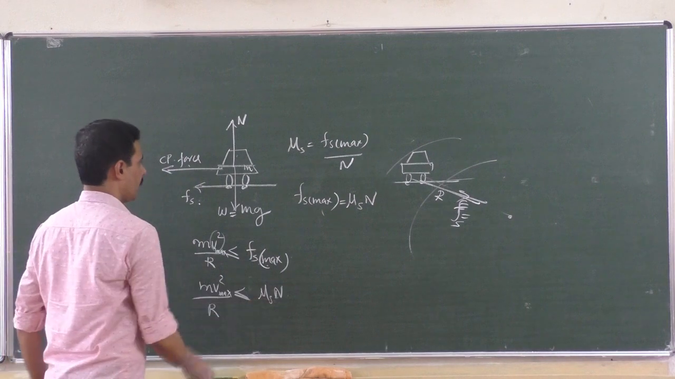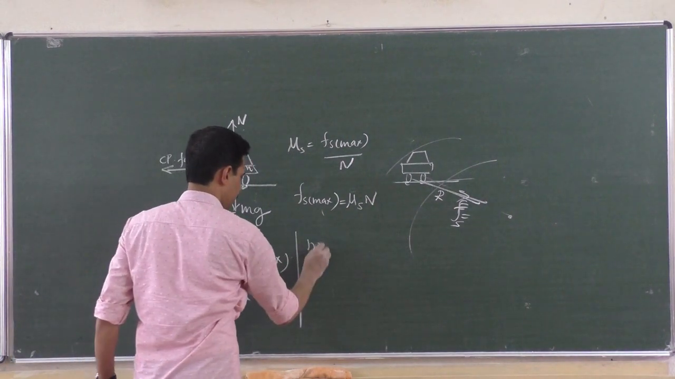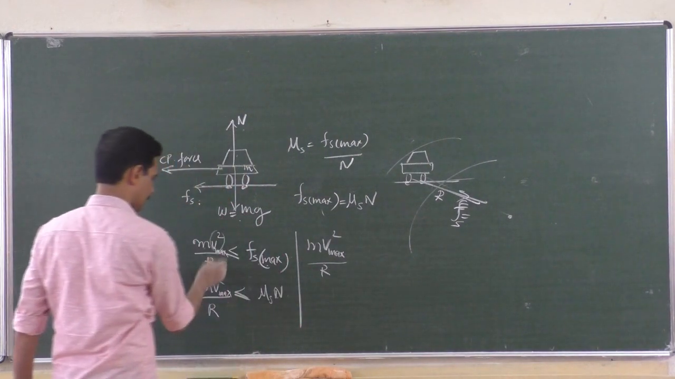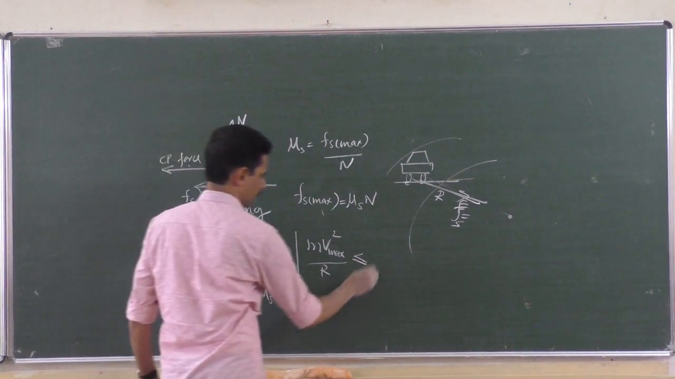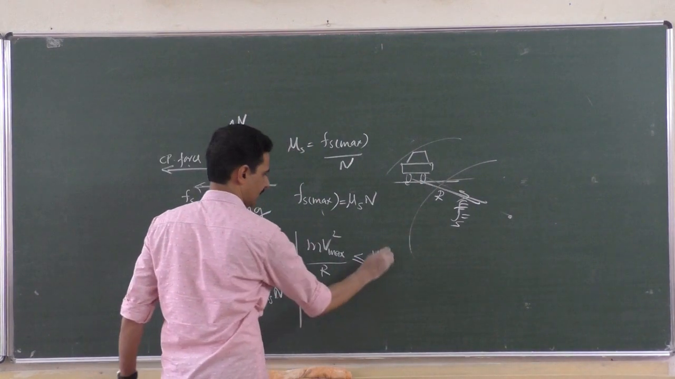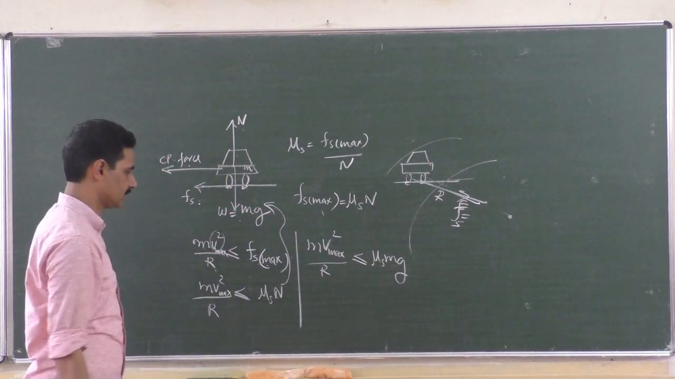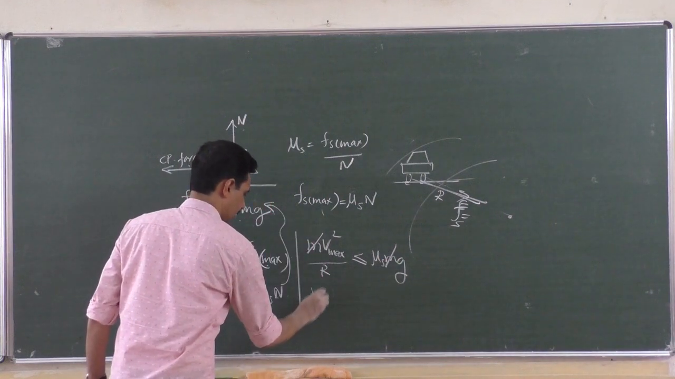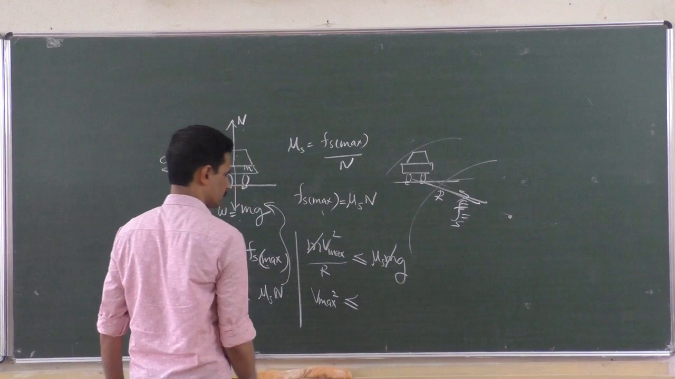Now what is the normal reaction? N is mg, you know that. We can replace it. m v maximum square by r, that is the centripetal force, must be less than or equal to mu s into N. Here we put mg for the normal reaction, and m gets cancelled. What is v maximum square? V maximum square must be lesser than or equal to